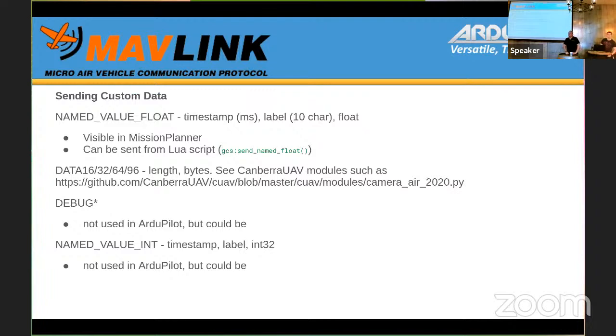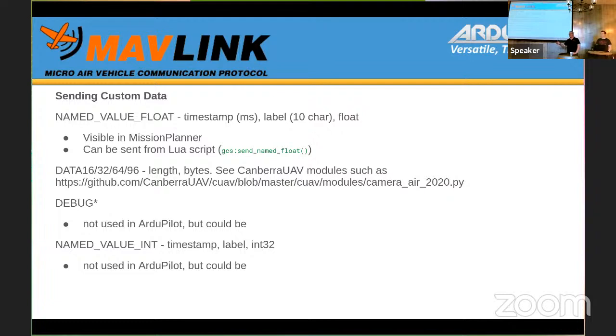Please. Question of ignorance. Why can't we just send everything via a link? I appreciate there's an interoperability that you're trying to achieve there, but is there another technical reason, for a closed system for example, where we're not looking for a service, we'll just spam out data or something? So I guess, name value float, as I said, just sends out that kind of key value pair. If you're trying to send something a bit more sophisticated than just a single data point, then obviously it's not the best tool to use.